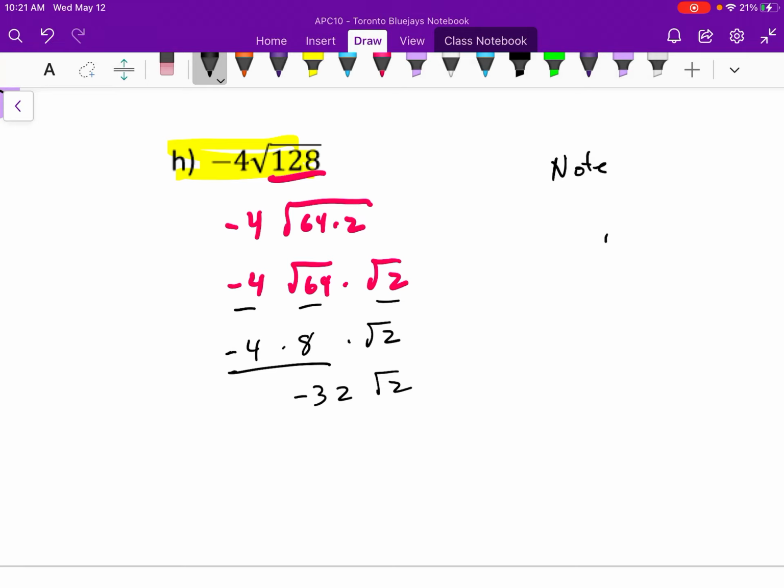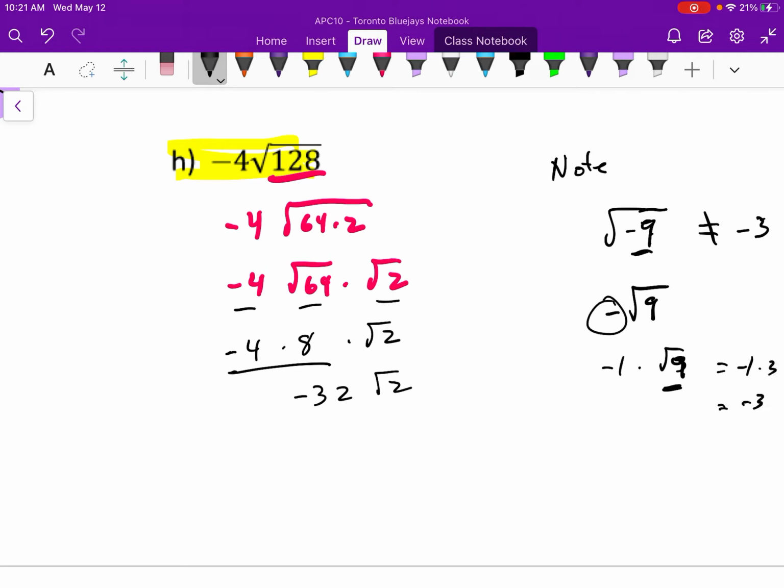I just want to note, what is the square root of negative 9? Now, this is not negative 3, because the fundamental question is what number multiplied by itself gives you negative 9. There is no such number. However, the negative root of 9, which really means negative 1 times the root of 9, you evaluate this as negative 1 times 3, and this would be negative 3. So really, it just matters where your coefficient or where that negative